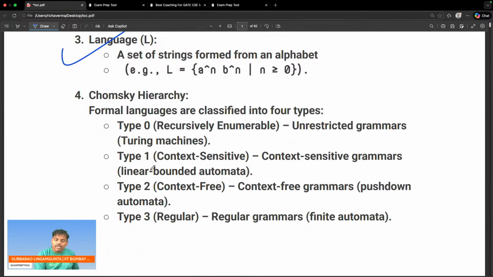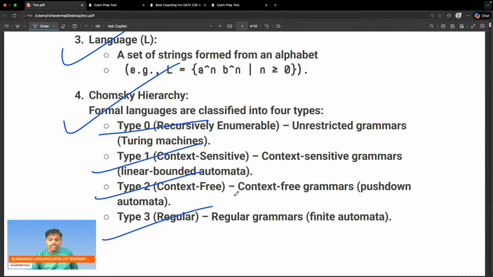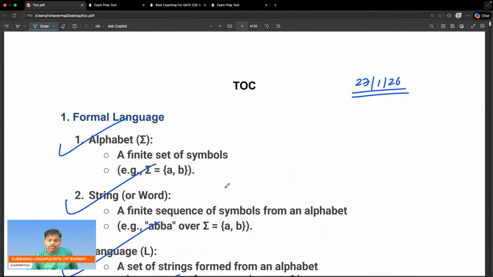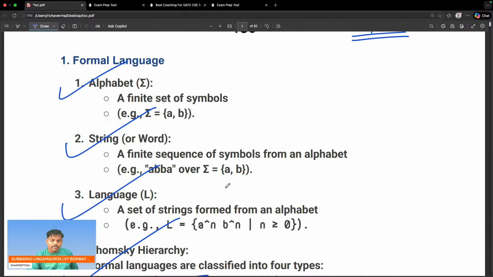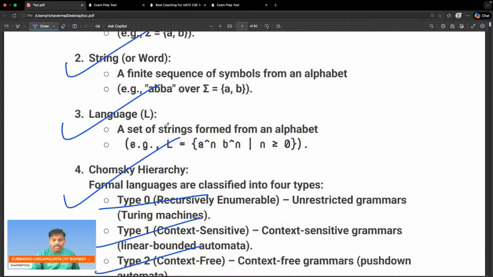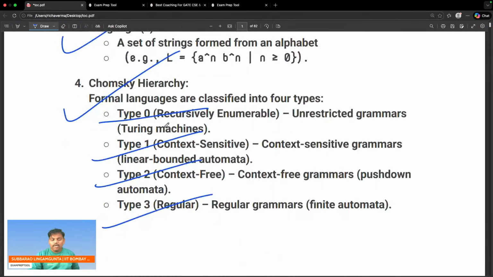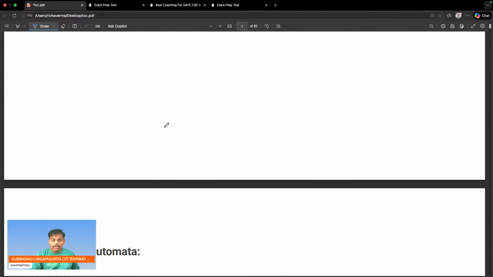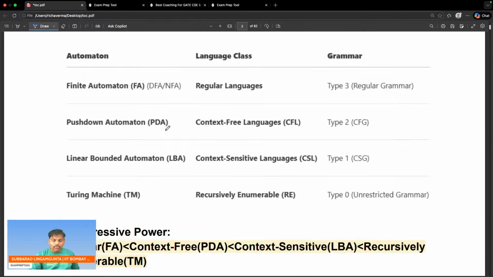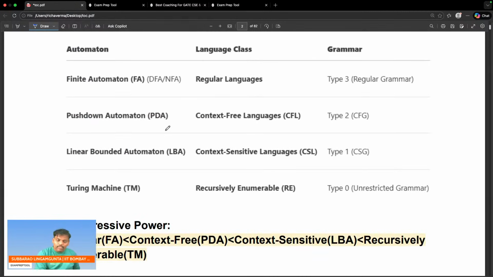Next one is Chomsky hierarchy. According to Chomsky, there are 4 types of formal languages: type 0, type 1, type 2, type 3. You know this very well. These are very small things, no one will ask you; I just kept them here to cover the overall picture. Formal language internally includes alphabet, string, language. According to Chomsky, how many formal languages are there? There are 4, type 3 to type 0. Next one, if you see the finite automata,